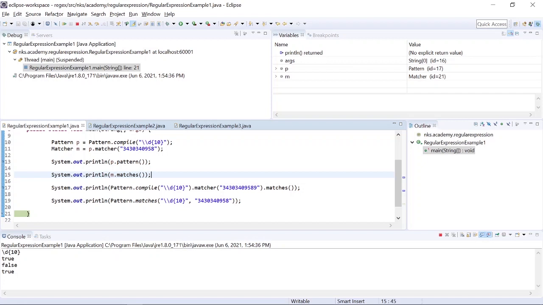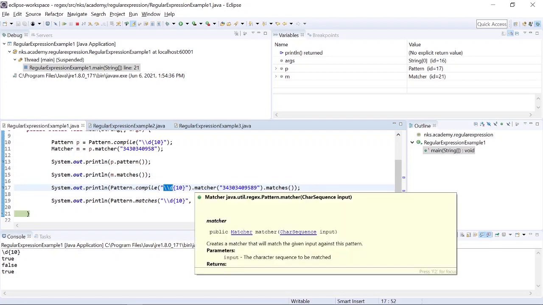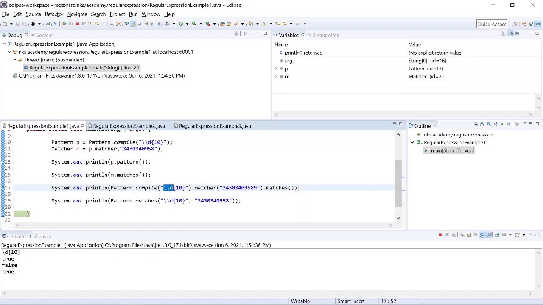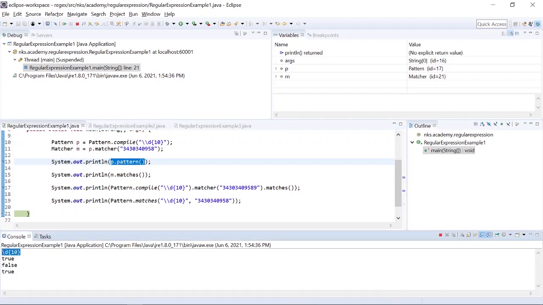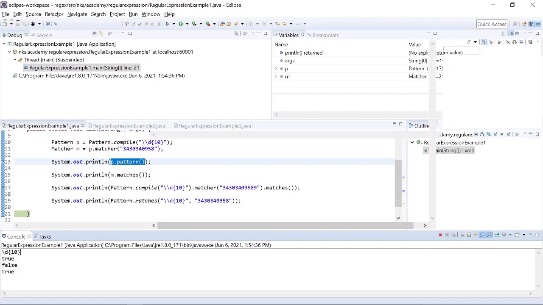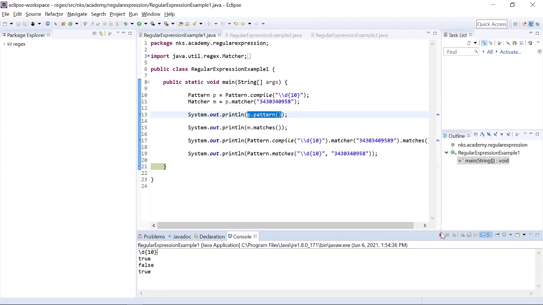Okay. Now you must have noticed that while we copied the regex, the single slash got converted to double slash. What is happening is, whenever we run the program, one of the slashes gets removed, and we gave double slash to ensure that one of the slashes remains to escape the special character. So that's the reason why when we printed p.pattern, it printed single slash and d, not the double slash. Okay, now I will switch back to the Java perspective and move to the next example. I will terminate this program.